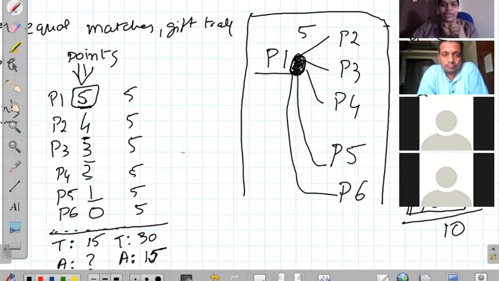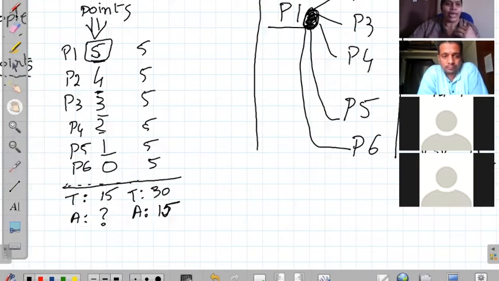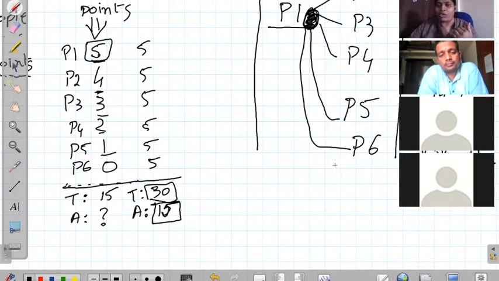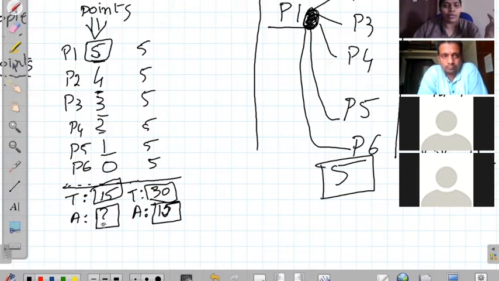Or another way to look at it is the number of points will be twice the number of matches because there are two people playing in the match. So here the total number of points is 30, but actual matches is 15, which is why here total number of matches is 5 and points is 10. But here we are saying the number of points is 15. It's odd. So you'll have a half a match, which is not possible. So yeah.